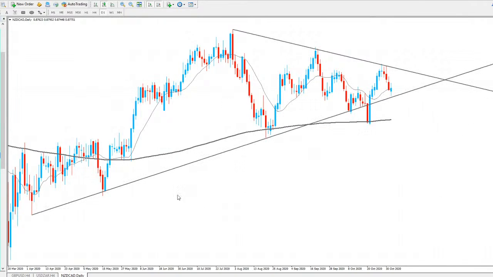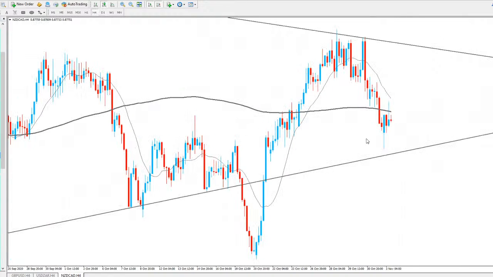And again, like I've been saying, we've been treating this area over here as a false breakout. So as you can see, every time we've tested the trend line, had a push to the upside, push there, push there, push, push. There we had a breakthrough, which we're treating as a false breakout. As you can see, the next candle just closed right back above that same trend line. So again, we're treating this as an area of support.